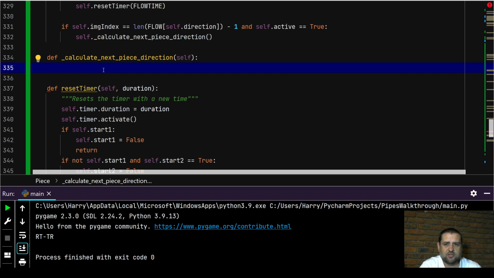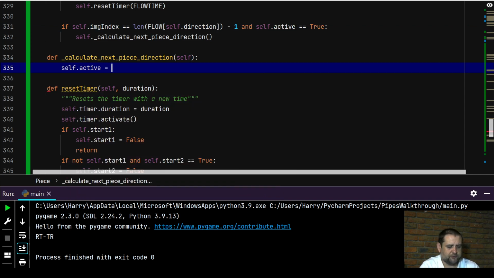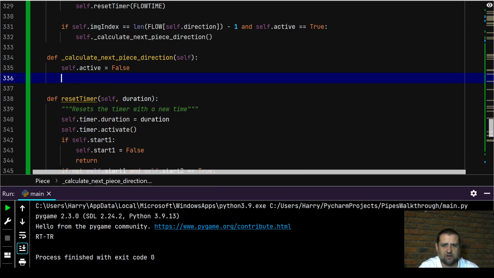Once we've calculated the next piece direction, once the water animation has reached the end, so we're at the last animation image of the water flow, we're then going to set our piece active to false. So now the piece is no longer active. That's the first step. The next step is we're going to say, okay, well, new cell,